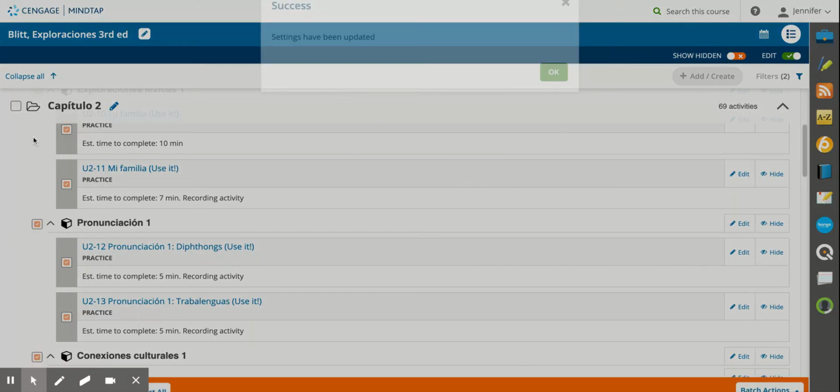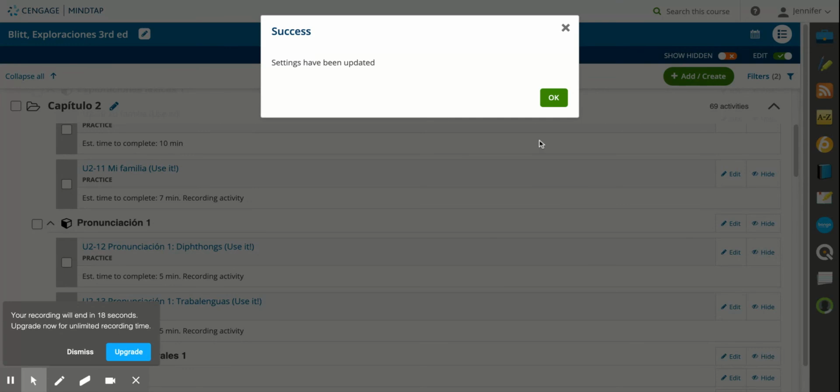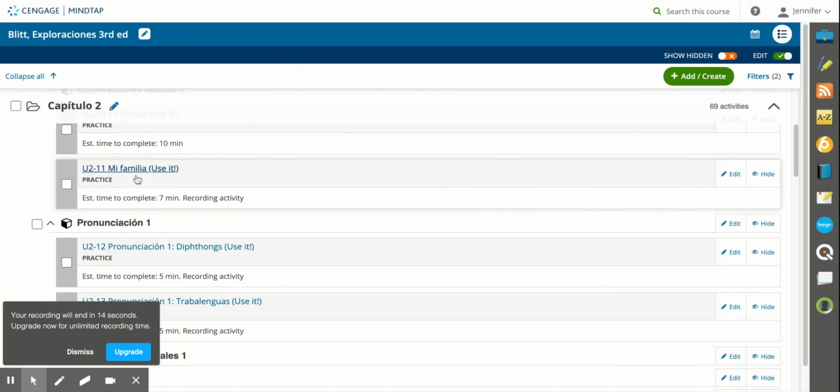So now we can see over here that under these activities that used to say count towards grade, they now say practice. So anything that I don't assign for students to do, scheduled, but I still want it to be available